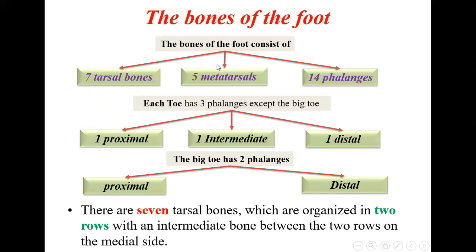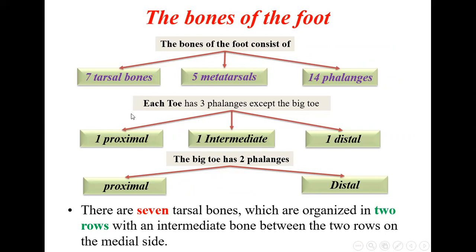Metacarpals in the case of the hand, here they are metatarsals. There are 5, here also 5. And phalanges, there are phalanges in the hand, here also phalanges. There are 14 in the hand and 14 in the foot. So this is the same. Here they are metatarsals, the number 5 is the same, but there they are called metacarpals, here they are called metatarsals. Here these are tarsals, there they are carpals, and there are 8 carpal bones, here they are only 7. So that is the difference between the foot and the hand.